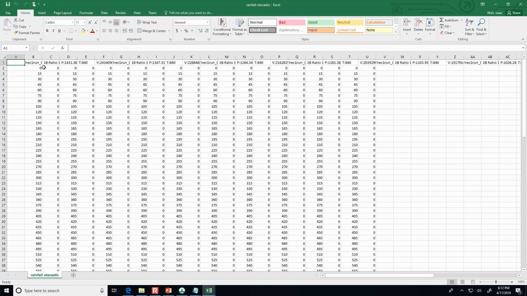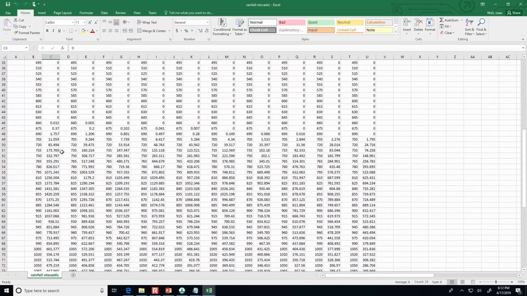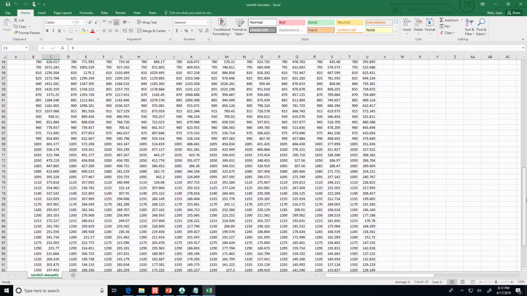All right, now we have it. The first column is time, the second column is runoff, and so this is run 1. We can see all the different runs.